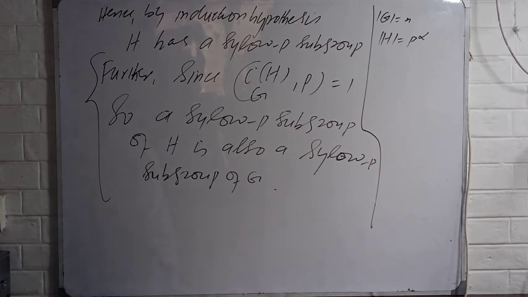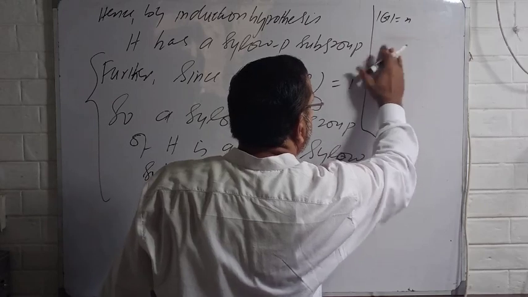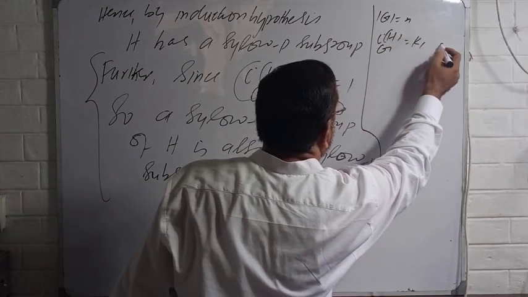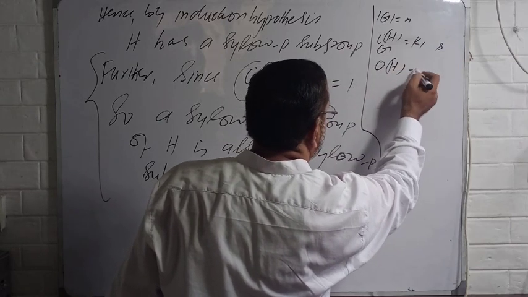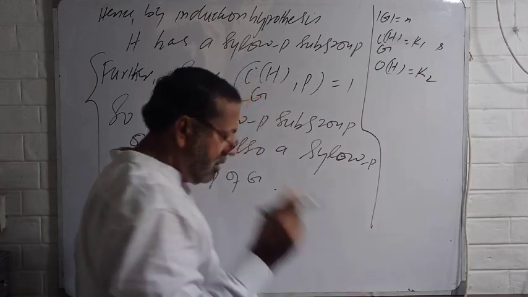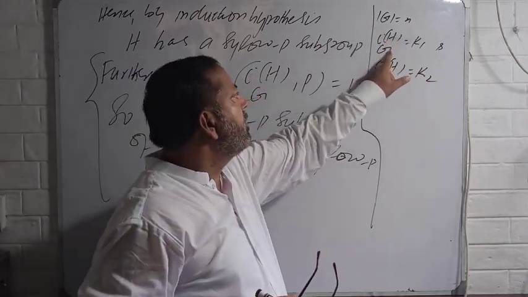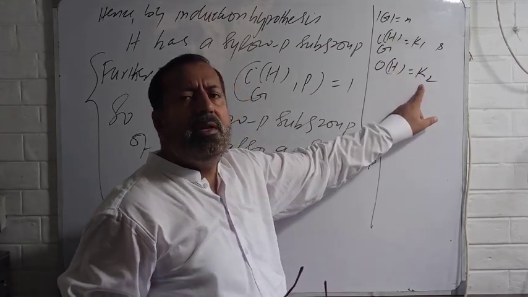Suppose we write index of H in G is equal to K1 and order of H is equal to K2. Suppose order of G is equal to n, index of H in G is equal to K1 and order of H is equal to K2, then by Lagrange theorem,